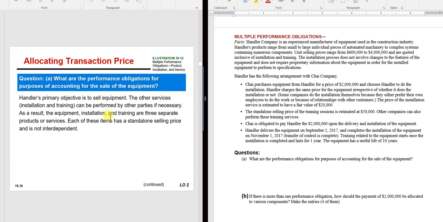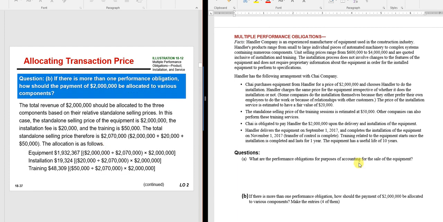But these are 3 separate performance obligations. Okay, so what are the performance obligations for purposes of accounting? We have 3 separate ones because they can be separated and sold separately. You do not have to get them. Okay, so the equipment,